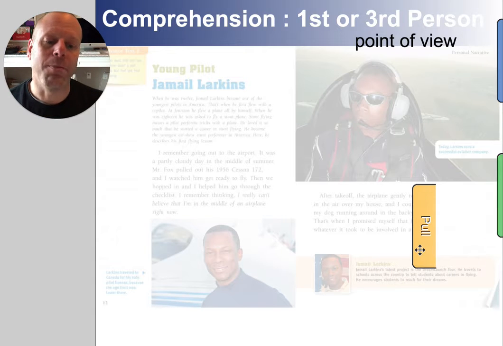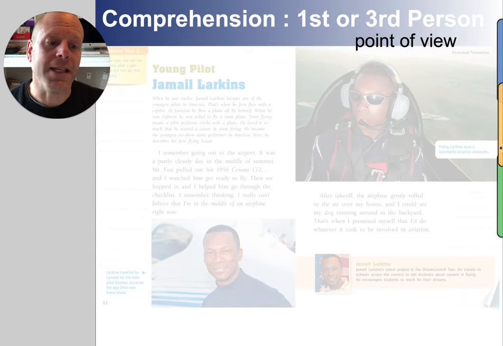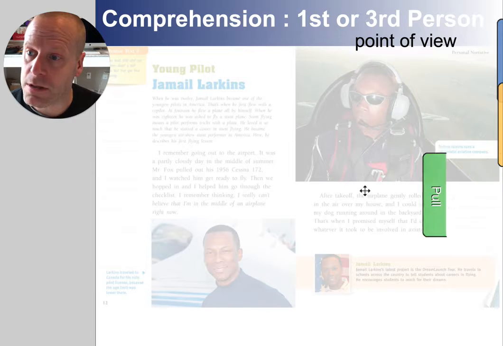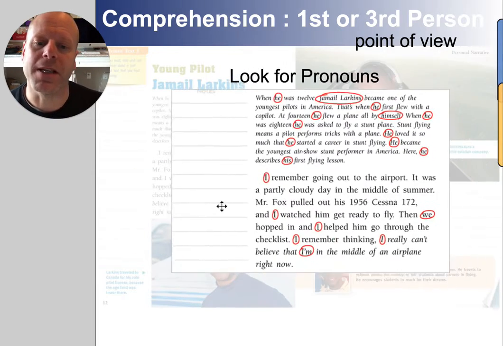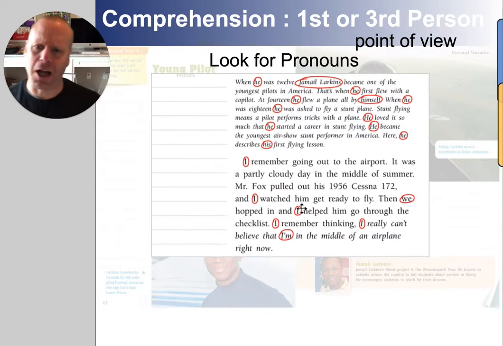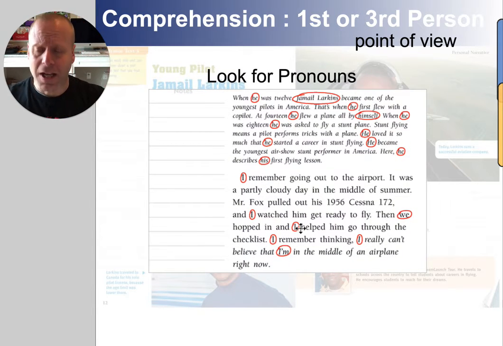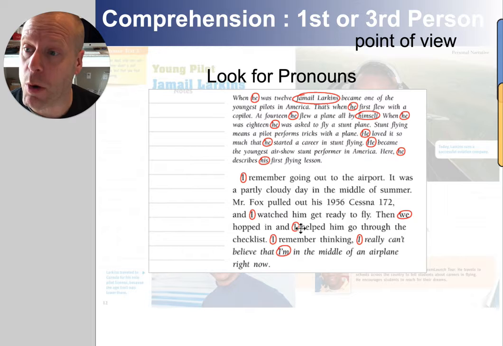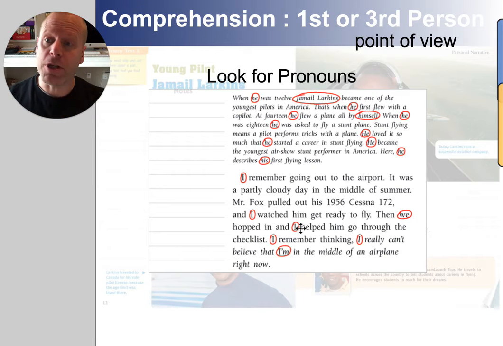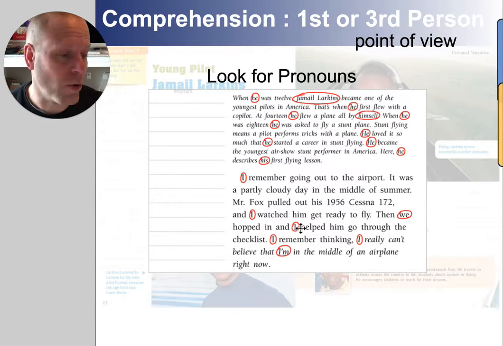Well, one of the biggest clues is in the pronouns. So the first rule of thumb is you don't want to use the dialogue because dialogue is going to throw you off. So don't use anything inside of a speech bubble or inside of a quotation mark. But use just the normal text of the story. So just find a paragraph that's describing what's happening and look to see who's telling the story.